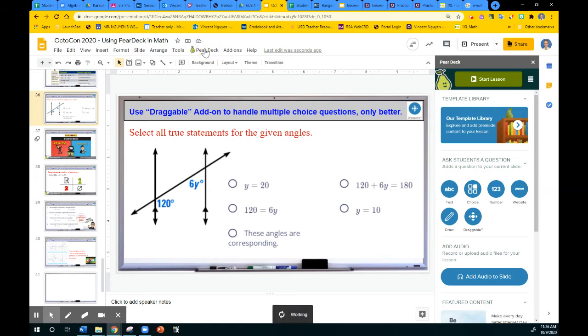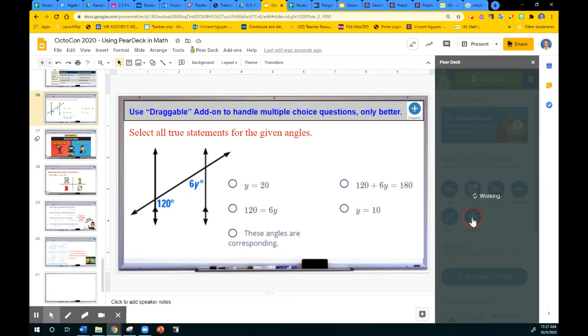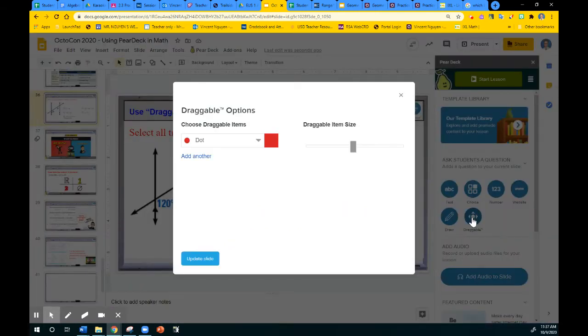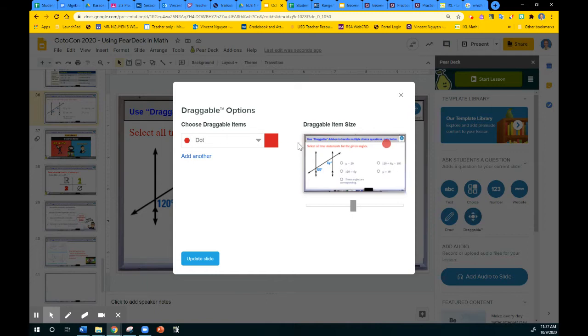So you go to PearDeck. Make sure that icon is there in your slide. That means you have installed it, and this will appear. And then what you want to do is click on the draggable icon. The draggable will allow you to customize. It is one of the few that allows you to customize. So here you can have multiple